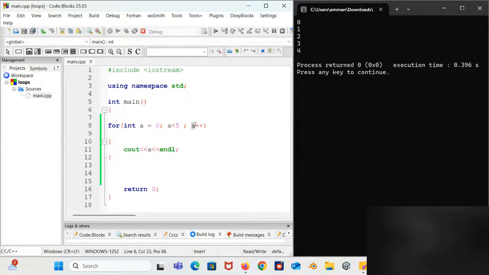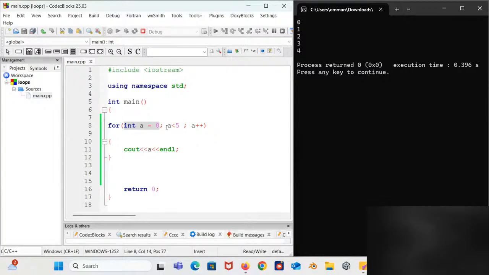The third statement gets executed after this, and then this gets executed. So this runs one time. After this runs one time, this will get executed, and this will come and get executed. Then it will come back here again. So the first statement runs just one time.